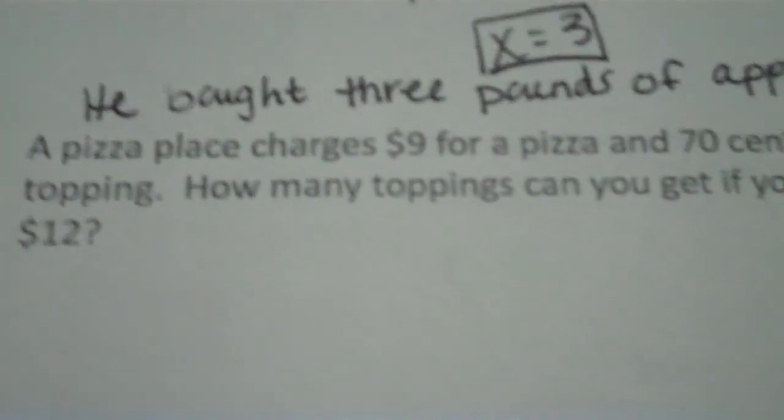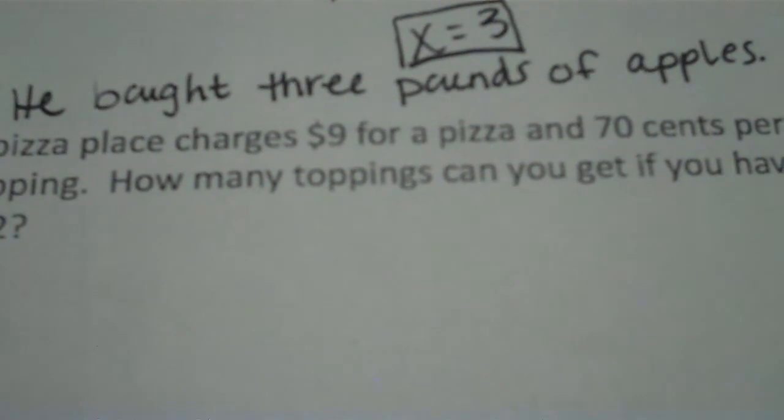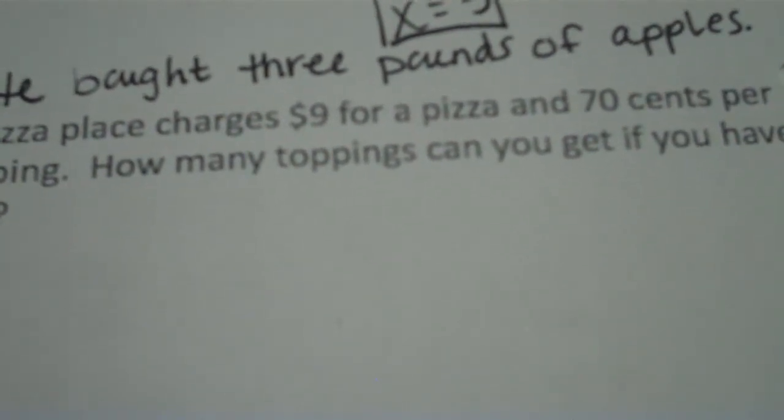Last one, guys. A pizza place charges $9 for a pizza and 70 cents per topping. How many toppings can you get if you have